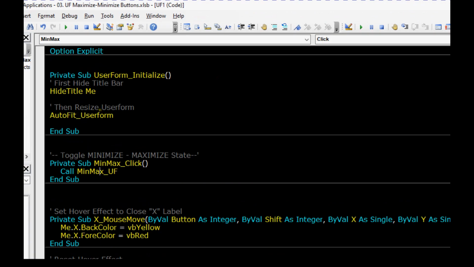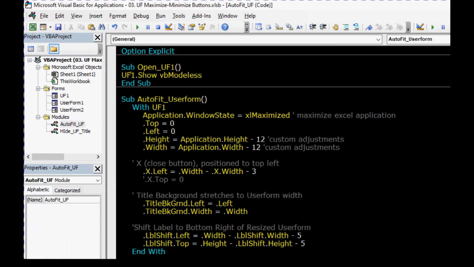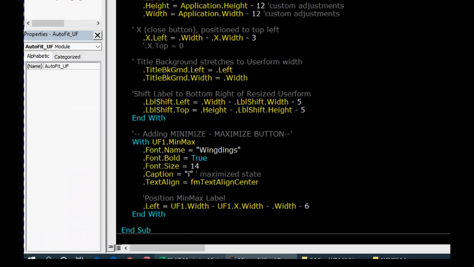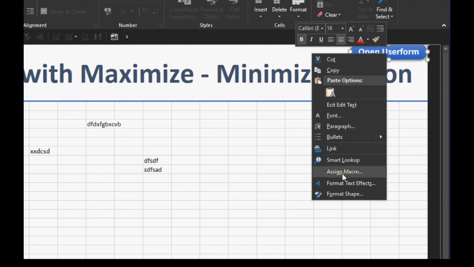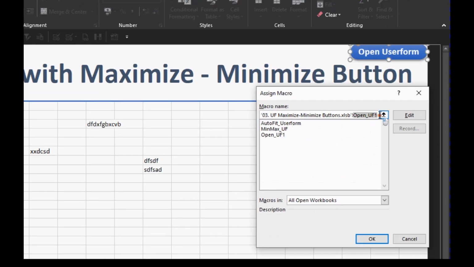When we are opening this user form with UserForm1.Show, we are opening it as vbModeless. If I comment it out, the default property is whatever property is set on the user form. So whenever I add .Show vbModeless to UserForm1.Show, it means that the user form will be displayed as a non-modal user form. This macro was assigned to this button. If I right click on it and click assign macro, this is what is assigned on this button. If I click edit, I go straight to this.